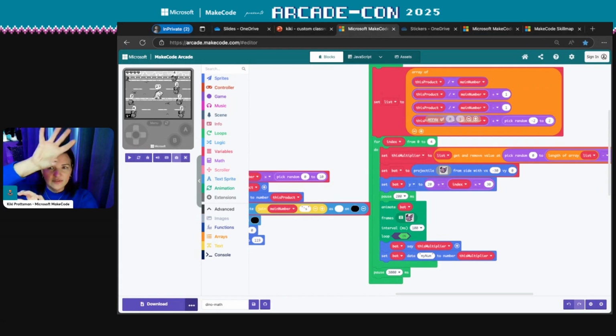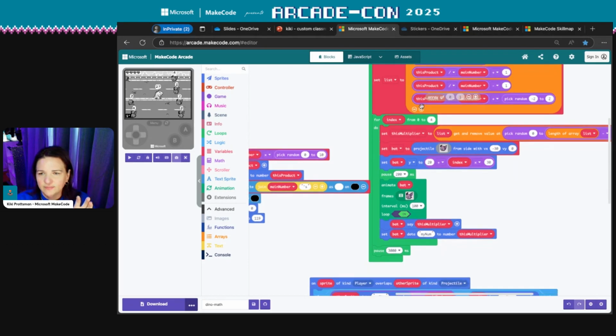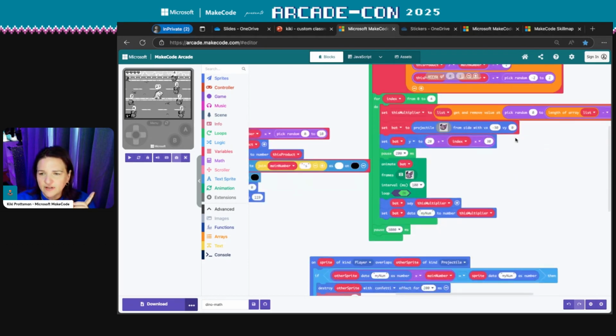And I made sure that was in the array. And then I made sure that there was 1 on either side of it. And then I kind of have an outlier that uses a random number that could be 2, up to 2 on either side of it. And that gives some options for the kids to choose from. And then as I was putting it over the bat's head, I just pulled each item out of the array so it didn't exist in the array anymore. So there weren't duplicates unless one of the numbers was already a duplicate.